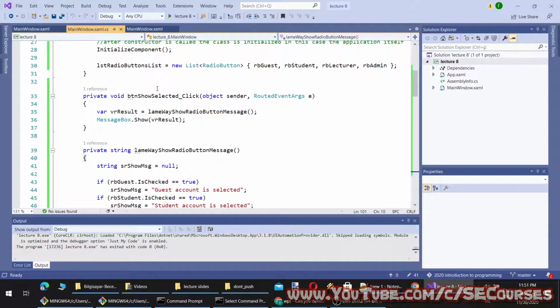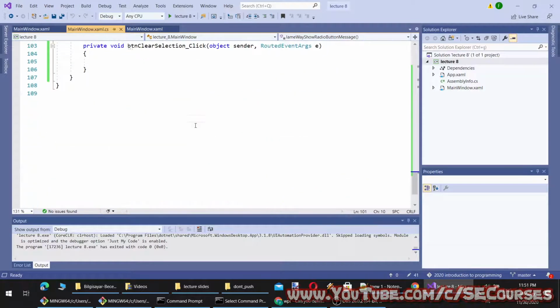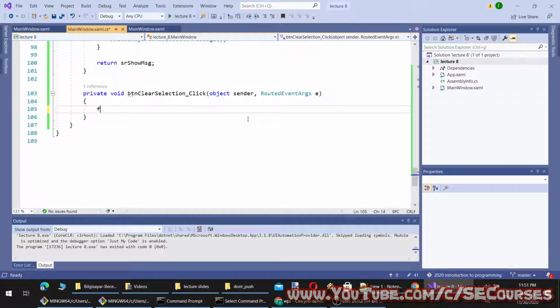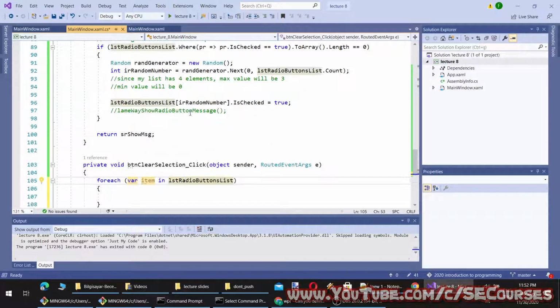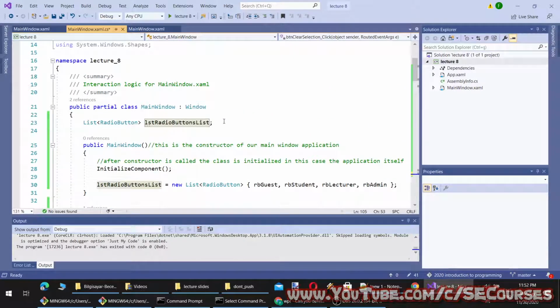So with clear selection, what we are going to do is we will do for each inside our list, which is now available to this method call as well, because it is defined here. Therefore, it will be available to all methods and classes defined inside this scope. Okay. So it is about scope level.